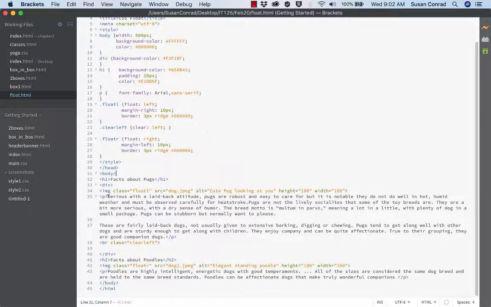Okay. If I did not have this float left, what would happen? The picture would be on the top, and there would be no text wrapping around it. So the float left allows us to do that. All right. So we look at that. Once I finish with that, after all of my text, I do this class clear left. If I take this away,